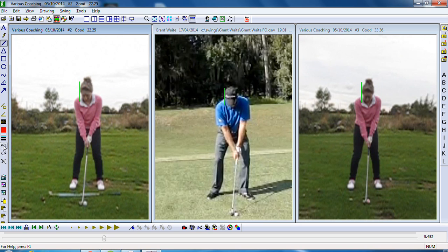So that was one of the big things we did, making sure that at setup the arms were straight and ready to hit the golf shot. And one of the things in your setup was making sure you had your weight forward slightly. If I just take this point here,